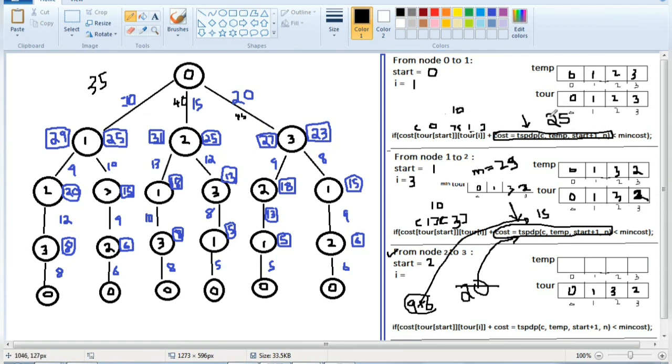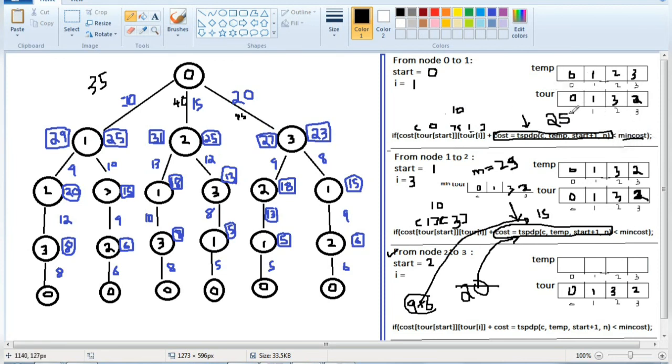Alright, when we return 25 here, then this one will be calculated, 25 plus 10. Also we'll be returning the tour value, so tour value will be copied to this tour value. Okay, in Java we need not return the array values to make the changes. If you make the change here in the called function, it will be automatically updated in the main value here. Okay, so here also the same values will be copied, which is 3 and 2. Now this is copied here. 25 plus 10 is 35.